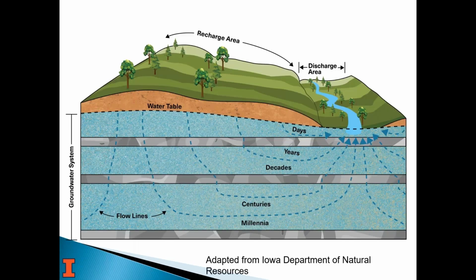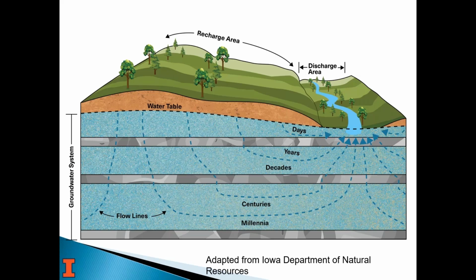And as far as how water, the hydrologic cycle is what we're looking at here, but we're not talking about the rainfall or the infiltration. But when water makes it to the water table and infiltrates into the ground, there's a lot of things it's going to do. If it's close to a discharge area like a river, a creek, a stream, it might only be underground for a few days or weeks. If it makes its way down through an aquitard, which is what those horizontal layers are that look like the gray shale, if you will, then that's going to add a lot of time to the travel for that particular water drop,